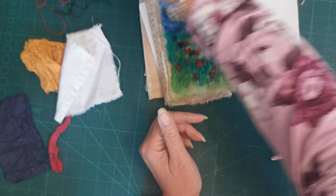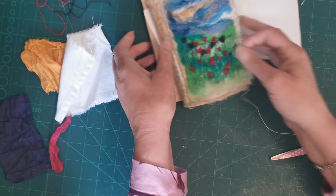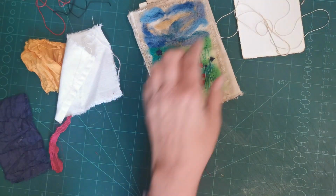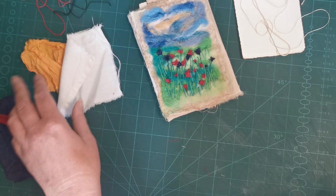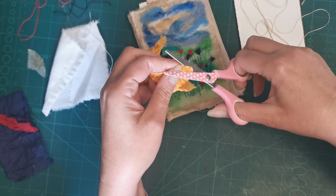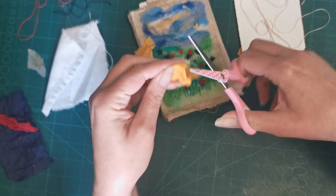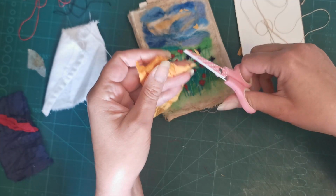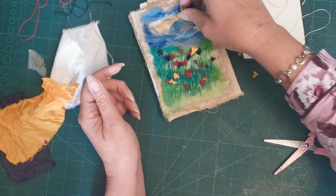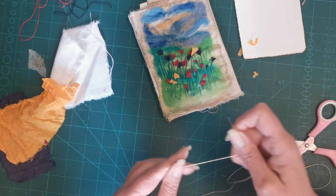And now we're going to move over to our gold. And I thought the gold would work for both the yellow and the white. So that's why I just did the 3 threads. Excuse me, coffee. Okay, so little tiny pieces. Actually, while I've got it, I might as well just cut a few, mightn't I? Does that not make more sense, Claire? There you go. Oh, and actually, I could have argued that I would stitch them where they fell. Now, how interesting is that? But anyway,